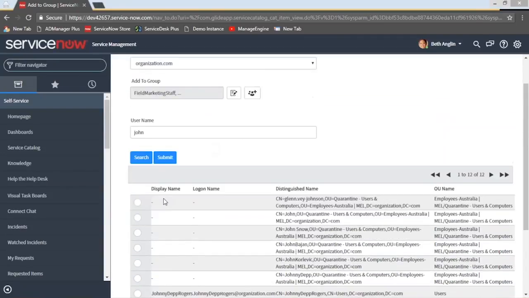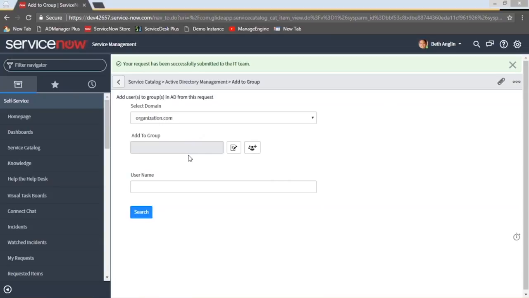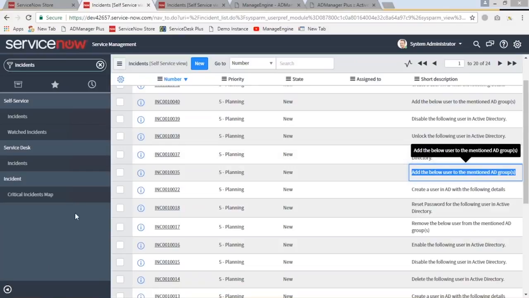All right, and all I got to do is create the request. So this could be the line manager who is a requester in your Active Directory requesting for this group membership, or addition for John into these groups. So the next thing is obviously the administrator has to look into that request, see how to cater to that request. So incidents tab,